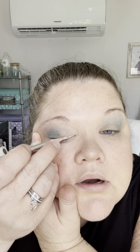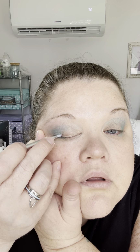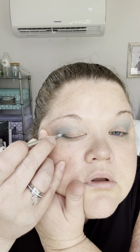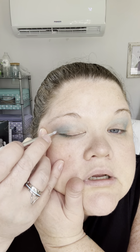Now, I'm not a great eyeliner, okay? I'm going to start off with that. I'm going to try to go in one smooth motion, and we're going right on our lash line. So what I love about this little trick is that you can use any color shadow to make a cute liner. Like, it's amazing. So I'm just going to go a little bit more on here,